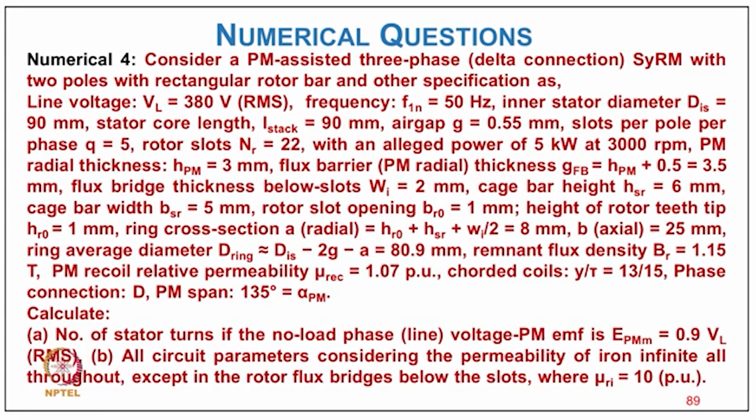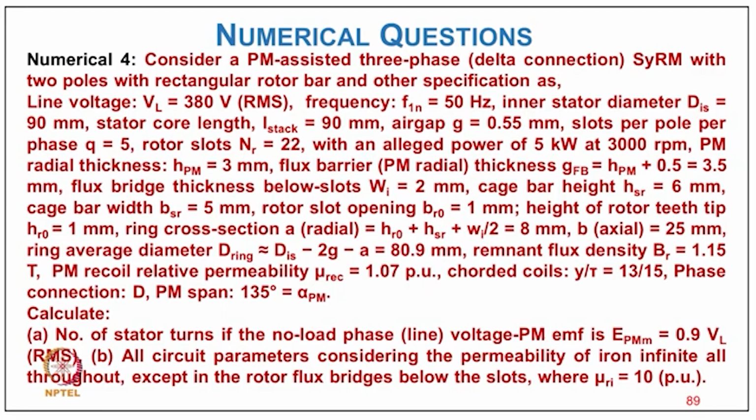VL equal to 380 volt RMS, frequency f1 equal to 50 Hz, and stator bore diameter DSI equal to 90 mm, stack length L stack 90 mm, air gap length equal to 0.55 mm, slots per pole per phase equal to 5, total rotor slots NR equal to 22, with the rated power of 5 kW at 3000 RPM, PM radial thickness HPM equal to 3 mm, flux barrier PM radial thickness GFB equal to HPM plus 3.5 mm, flux